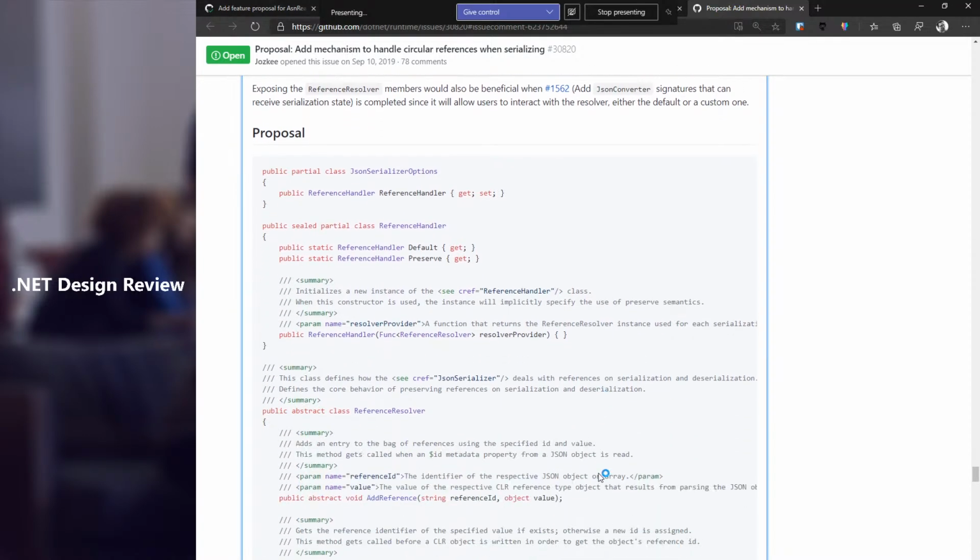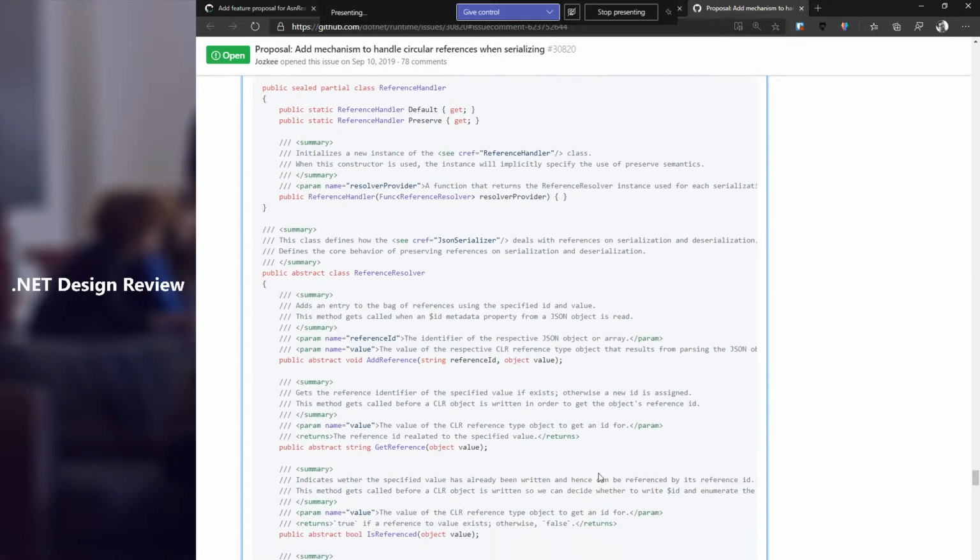So maybe you want to scroll a little bit down to the examples or to the proposal. So basically, I'm adding the reference resolver class with four methods to interact with it, and in order to enable that, I'm also adding a constructor for the reference handler class that takes a func, and in that func you can use